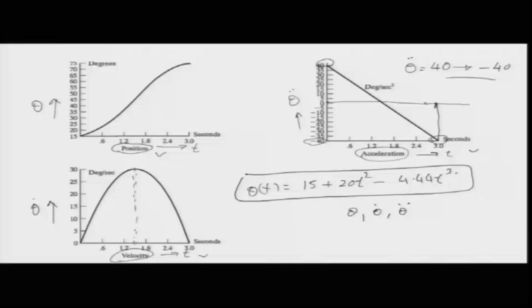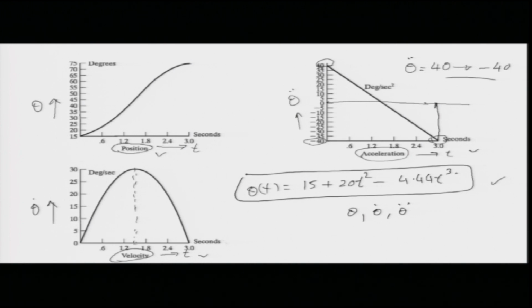Similarly, at the end of motion, when the body is again at rest, it again cannot have a very high negative acceleration of minus 40. So, this kind of acceleration is not possible in a real situation. Although theoretically a cubic spline is fine, and we normally represent motions by cubic splines, in reality